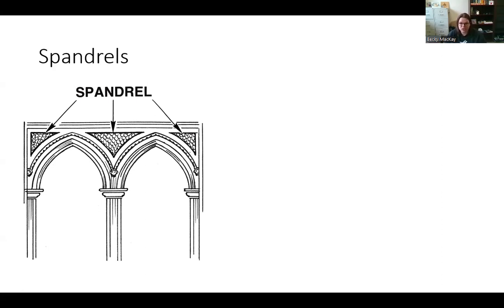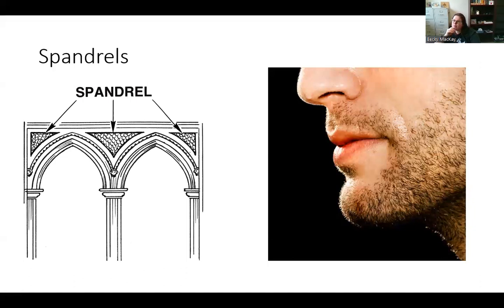Spandrels also occur in evolution. They're not the goal, but they just kind of come up. And you might be like, that sounds like crap. The first spandrel has to do with snails and their shape. But humans all have spandrels too. And one spandrel that you're all pretty familiar with is the chin. Humans have this jutting out chin. Our close relatives, chimps and bonobos, don't have a chin. It's more flat. We have no idea why we have chins. As far as we can tell, there's no selective pressure. There's no benefit. They just kind of occurred and they didn't kill us, so they're still here. So chins are a spandrel. We all have them, but they don't do anything.